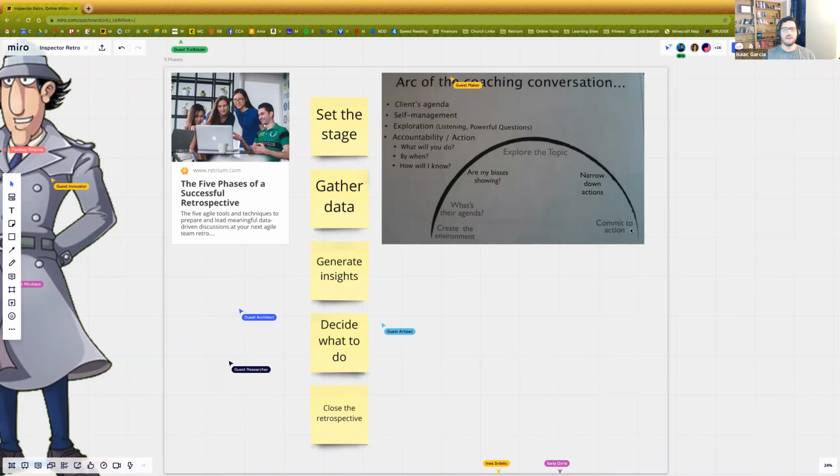What often happens is that very well-meaning people, I want the company to succeed, I want to do a good job, I want to be successful in my career. They feel, if you go into a retro and say, what can we do to get better? They go, I don't really know. If I knew, I'd come in here with a list of 5 things, but I don't really know what we need to do to get better. So in the arc, you want to take them on a discovery journey. The goal being to see things differently than they've looked at them before.